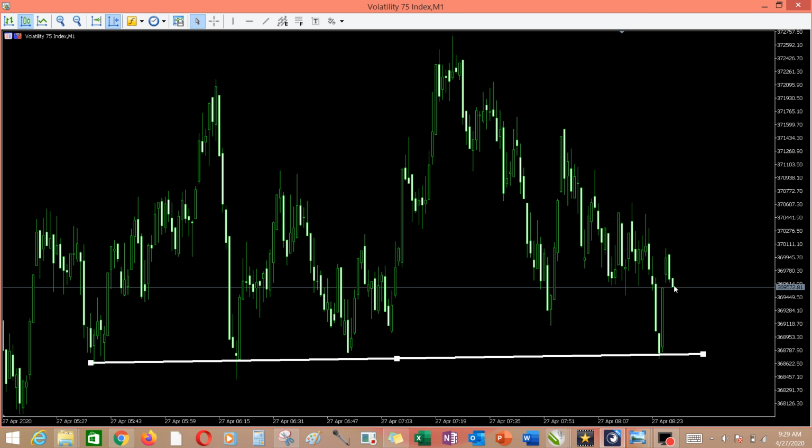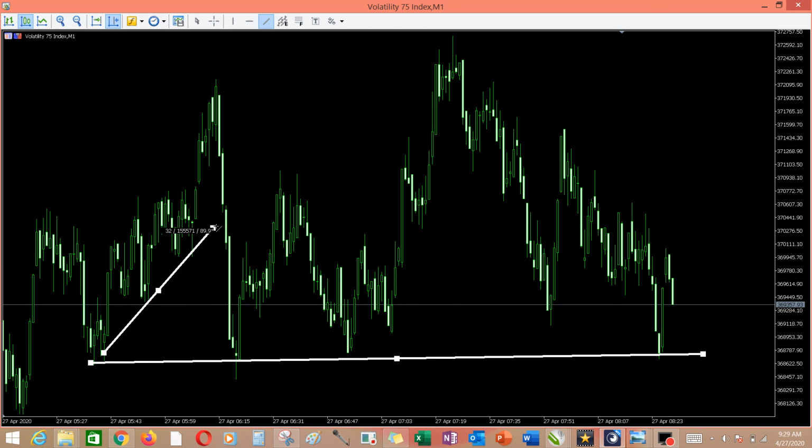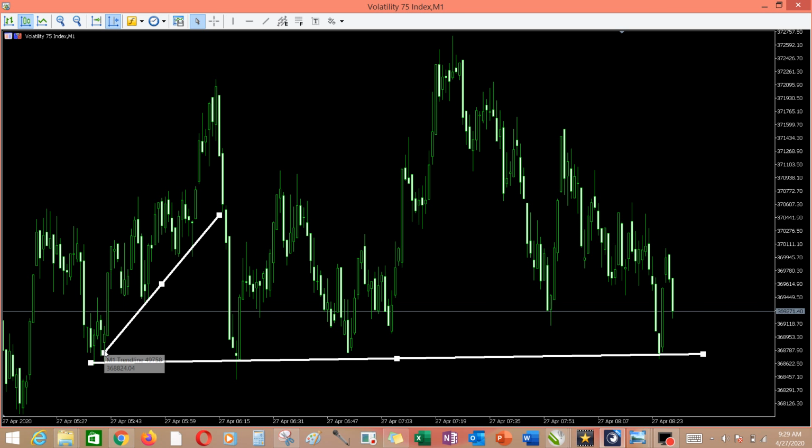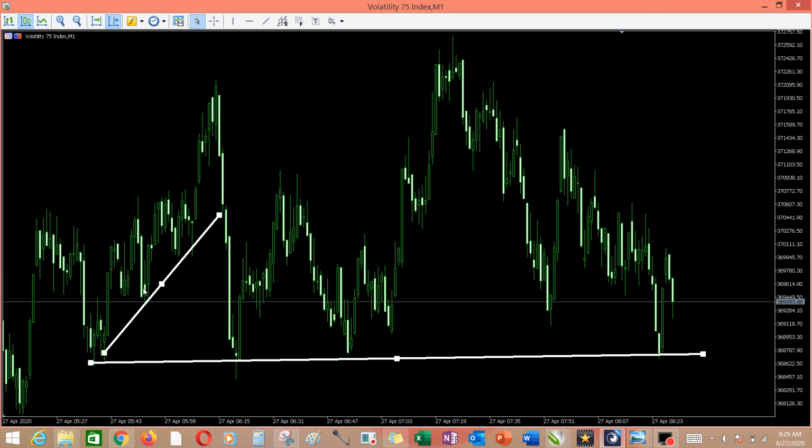We also have the major support and resistance level, and we have the minor support and resistance level. For instance, this is a major support level, but let me quickly highlight a minor support level. Check this out. This is a minor support level. You can see when the price action got to this level, it went back up, it came down almost at the level, went back up, got to the level again, and went back up. That is a minor support level.